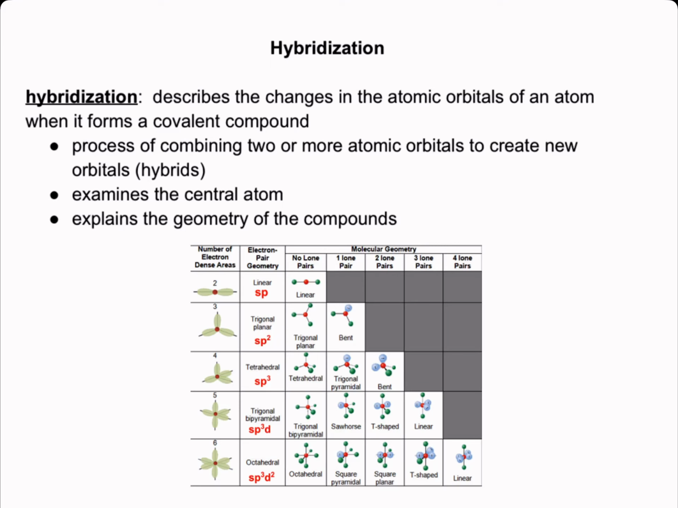We're going to talk about hybridization and how to describe the hybridization of the central atom in a compound. Hybridization describes the changes in the atomic orbitals of an atom when it forms a covalent compound. This requires the combining of two or more atomic orbitals to create new orbitals, and these new orbitals are called hybrids. And hybridization requires us to examine the central atom, and from there we can also explain the geometry of